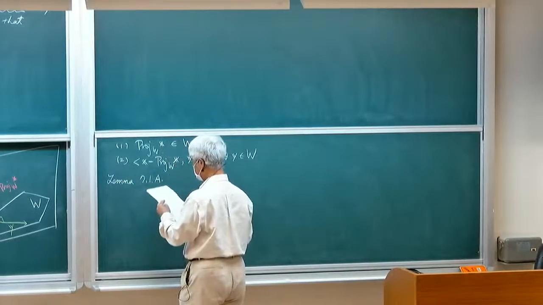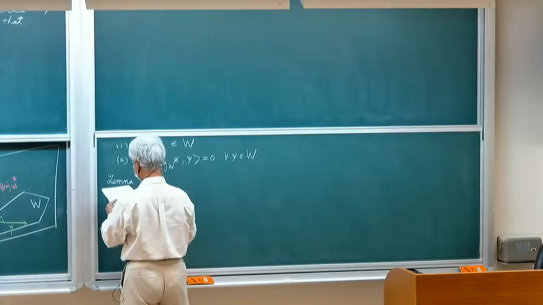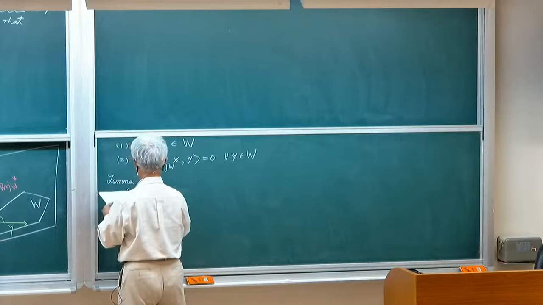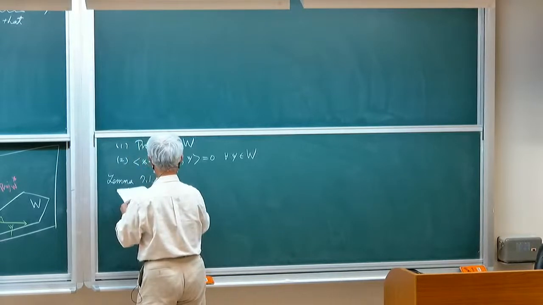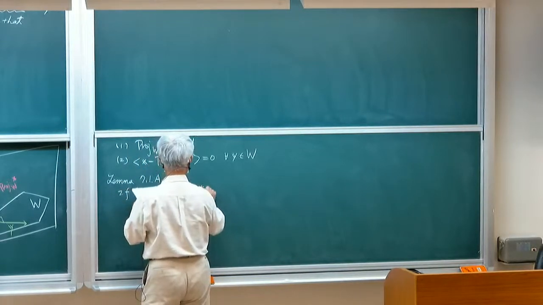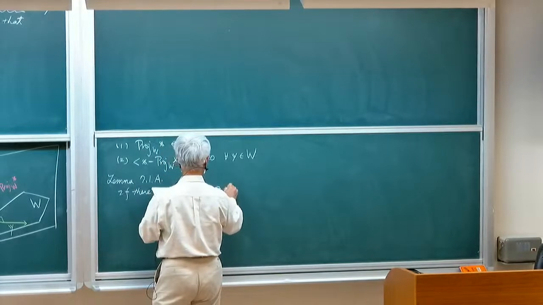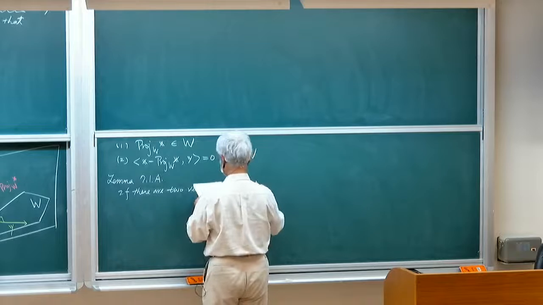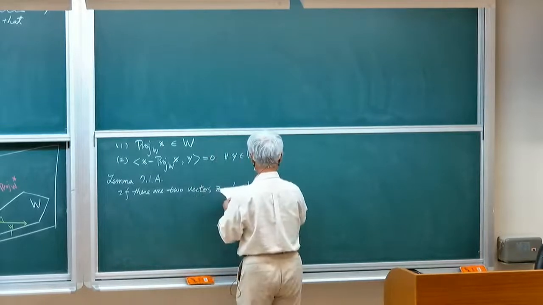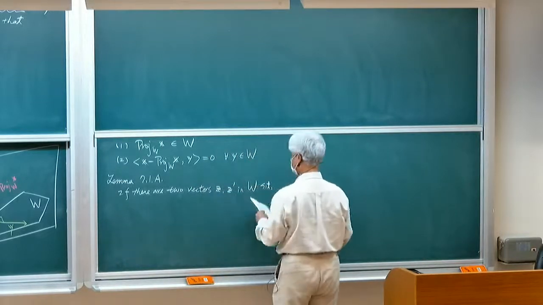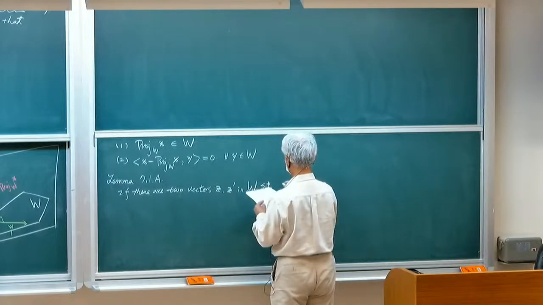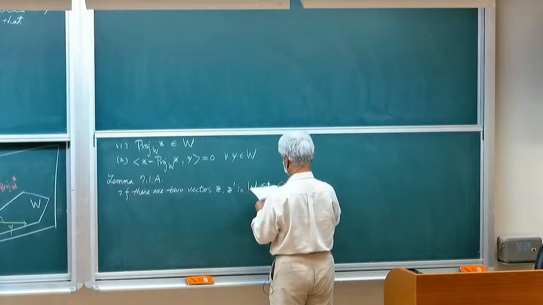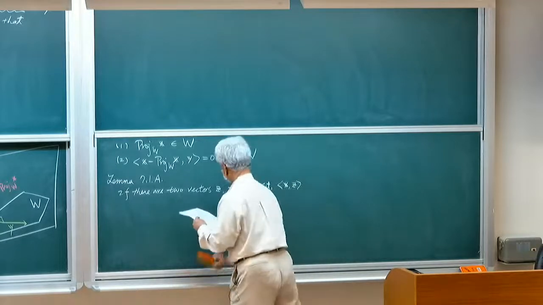If there are two vectors Z and Z prime in the subspace such that